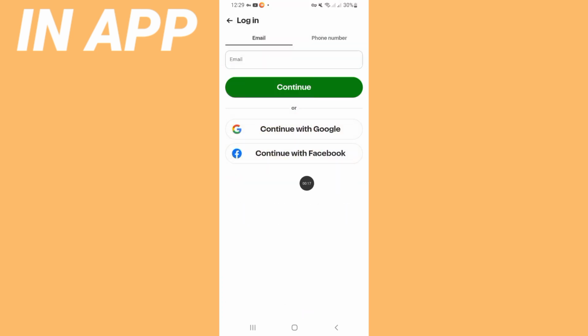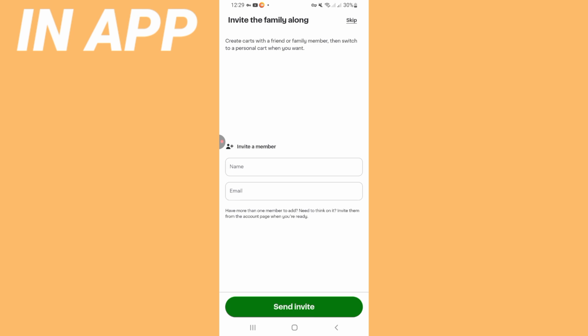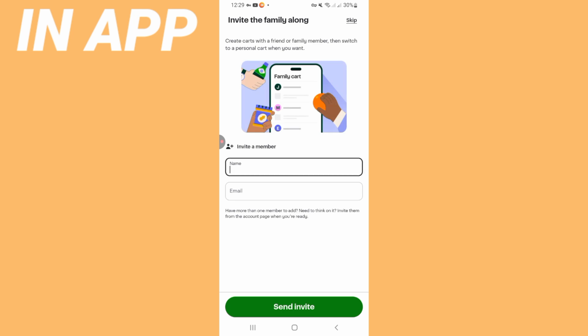So choose how you want to log in. For me, I want to log in with my Google account. So I will click and then I will wait and choose my account that I want to sign in or log in with. I will just choose this one, and next I will wait and I will add my name